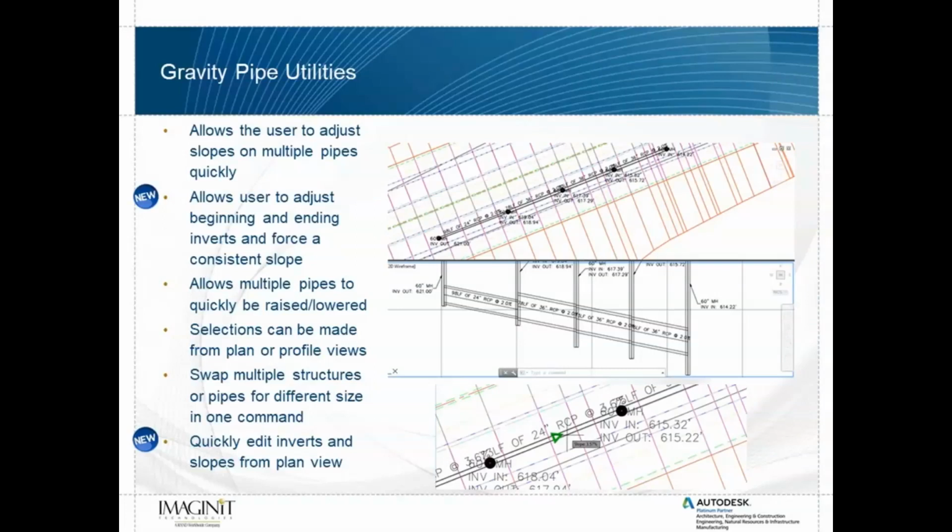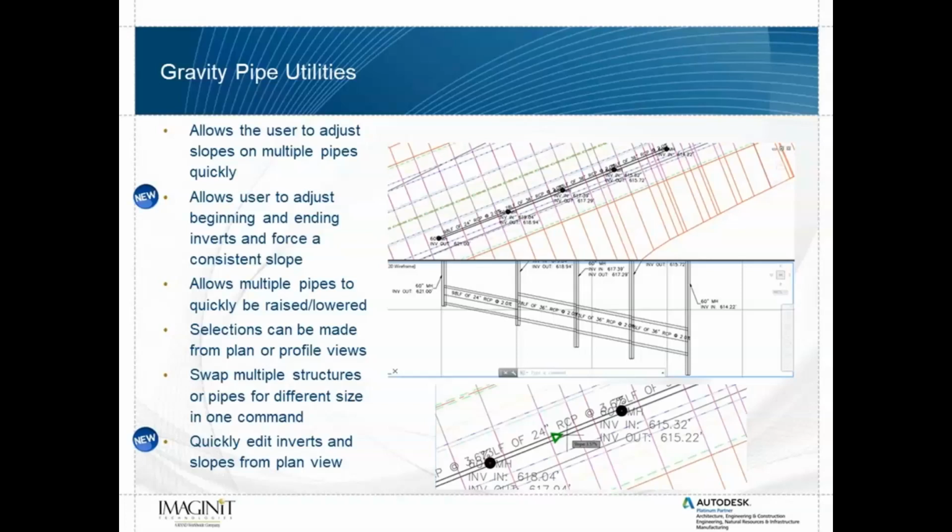We had tools to manipulate slopes of pipes. And the 2 tools that we added, one that we call pipe invert adjustment, really allows you to pick the beginning invert, move down the run several structures,